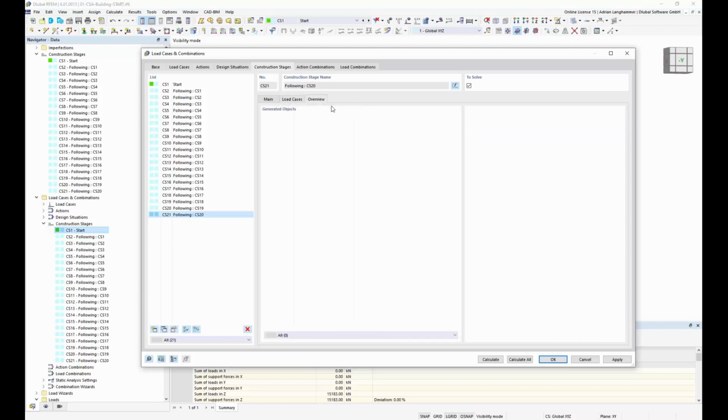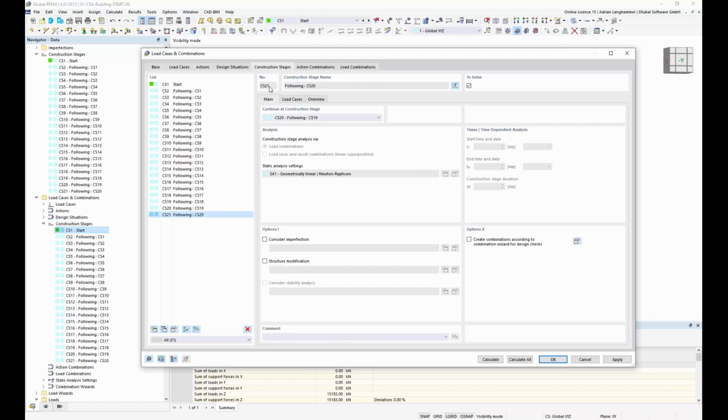Yeah, the next register is an overview regarding the combinations, the generated or defined combinations. At the moment, we did not define any combinations, so this is empty, and you will see here the elements after the combinations are generated. Back to the main register, there's now the topic. We have now defined the loads for the construction stages,